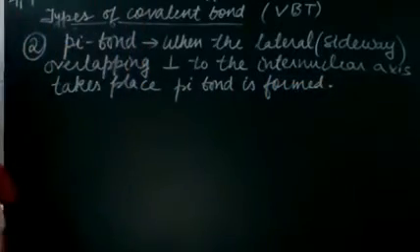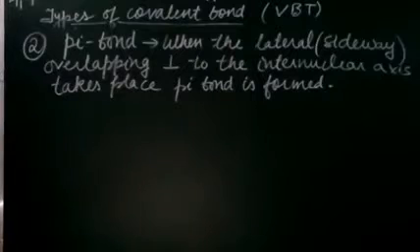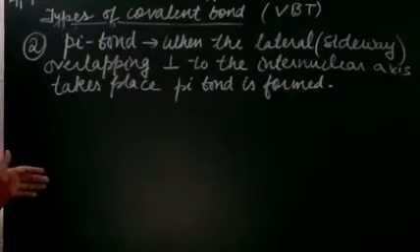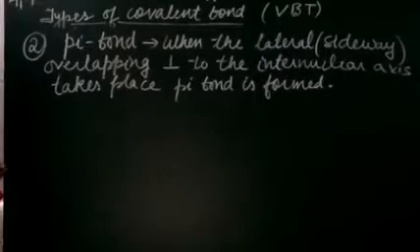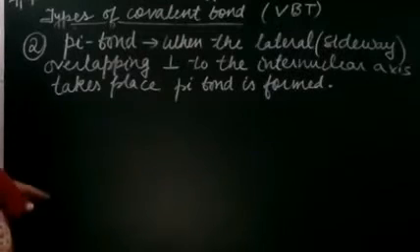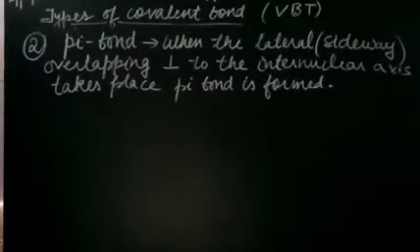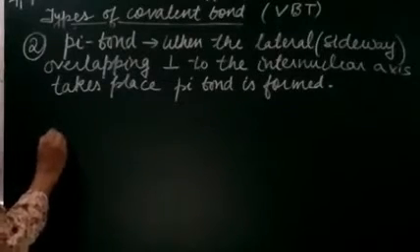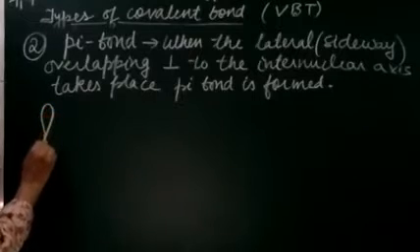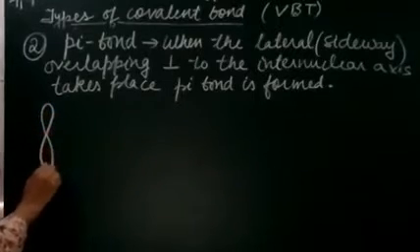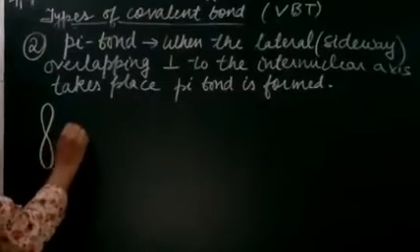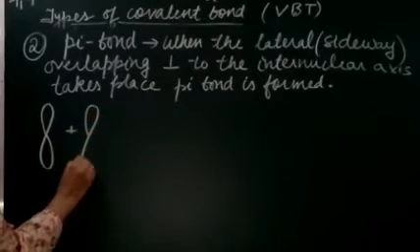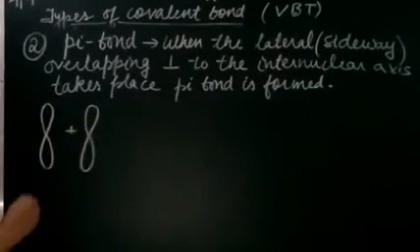So whenever there is a sideways or lateral overlapping taking place, and that is not along but perpendicular, at a right angle, to the internuclear axis, it will be known as a pi bond. Now let us take an example here. If this is the p orbital and this is another p orbital,